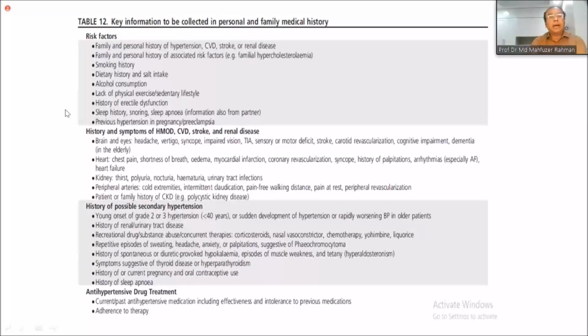Regarding brain and eye: headache, vertigo, syncope, impaired vision, transient ischemia, sensory motor deficit, stroke, carotid revascularization, cognitive impairment, dementia. Regarding heart, these are the symptoms like chest pain, shortness of breath, edema, a history of myocardial infarction, coronary revascularization, syncope. Kidney: thirst, polyuria, nausea, hematuria, urinary tract infection, peripheral arteries, and patient history or family history of chronic